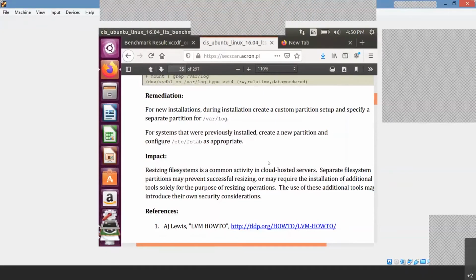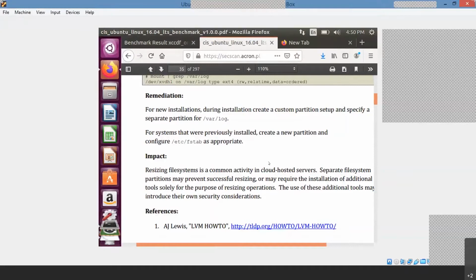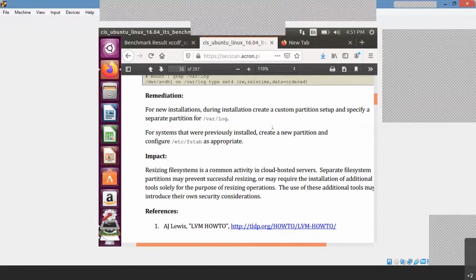See, suppose you create a custom partition for /var/log. There are common cloud servers, right? Without a separate partition, resizing and all those things will not happen successfully. Suppose data is continuously being added; at that time the logs will not be saved there. It will create problems for resizing, so generally we have to create a /var/log partition. But this is usually applicable in your data center environment. At desktop level, I think you can ignore it.